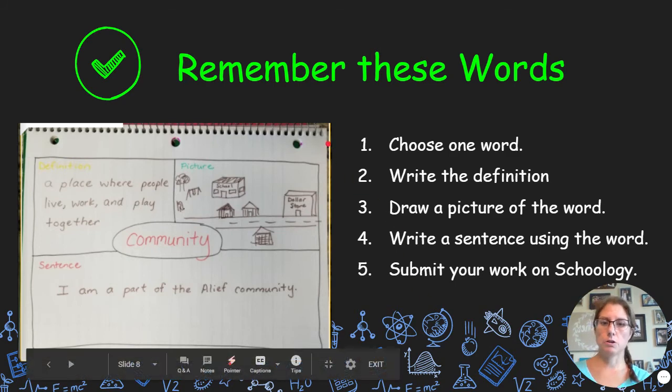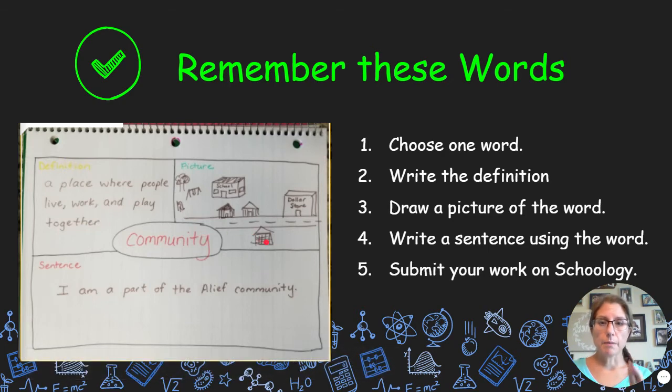Here's a picture of my notebook. I first stopped and paused my video and I moved it back so I could look at the words and write them. I wrote the word community. Do you see the word community in the middle? Then I put a circle around the word. I also wrote down the words that match what a community is.